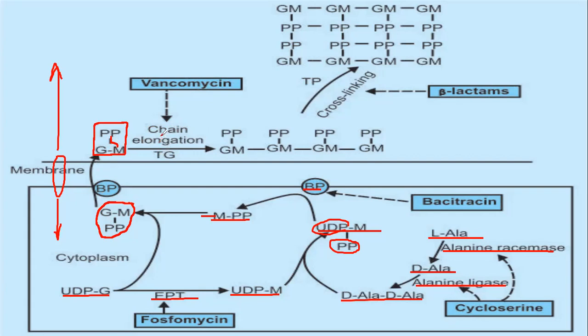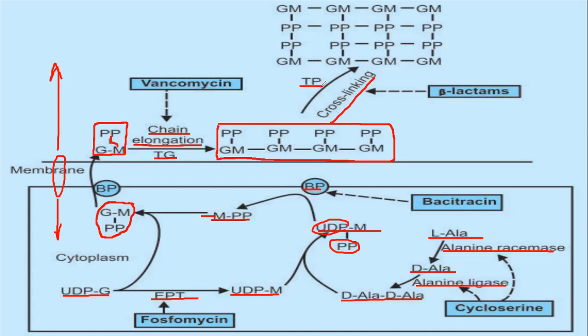The chain elongation is carried out by the enzyme transglycosylase. Once elongated, this chain has to be cross-linked so that you form a rigid bacterial cell wall, and that cross-linking is carried out by